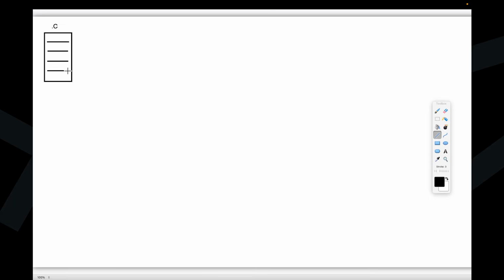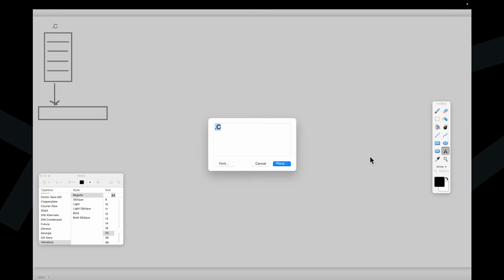After writing the C program, what do I have to do, sir? The program is in a high level language, no? But we require the program in what language? Low level. So I need to convert the program from high level to low level. After writing the C program, we have to convert the program from high level to low level. So what we have to do? Compilation.